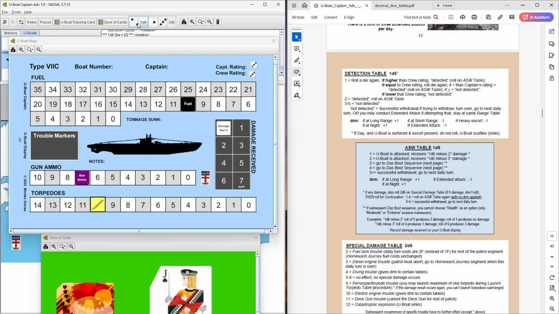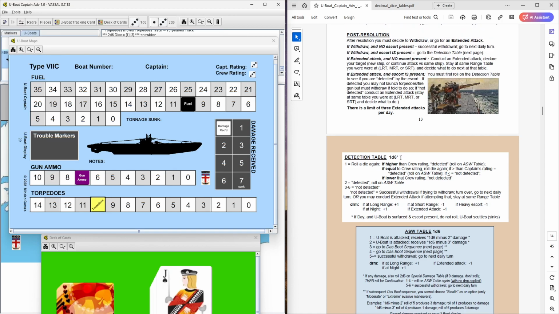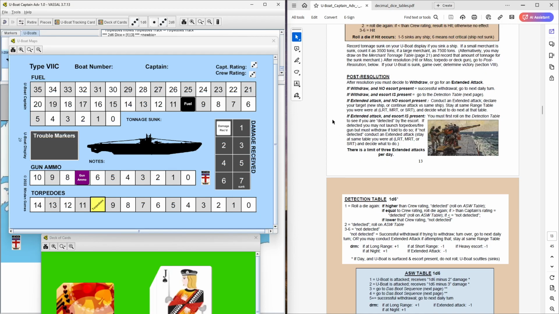So again, we roll against the crew rating. 3, equal to crew rating, roll die again. Now we're comparing to the captain rating. 3, if greater than captain's rating equals detected. If less than or equal to, not detected. Okay. Does this mean I can do my extended attack? Let's see. Can I do my extended attack now? If you're detected, you may not launch torpedoes but must withdraw if told to do so. If not detected,